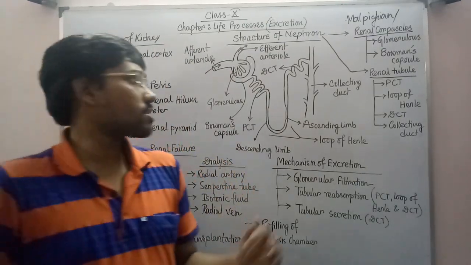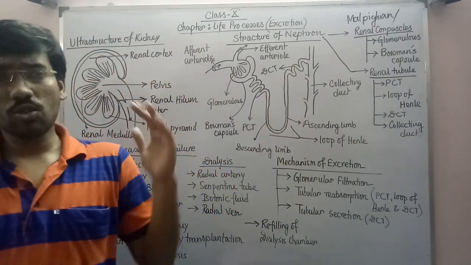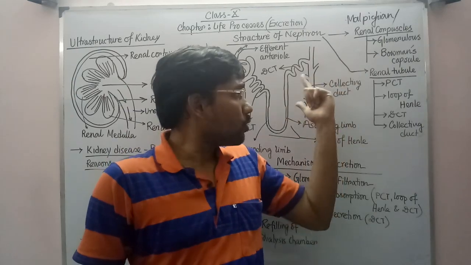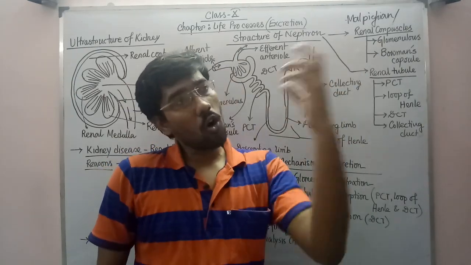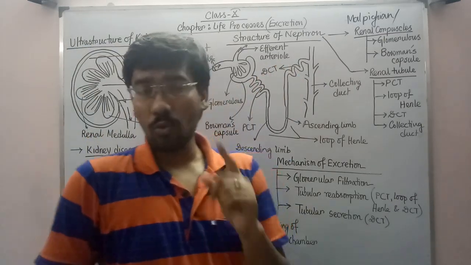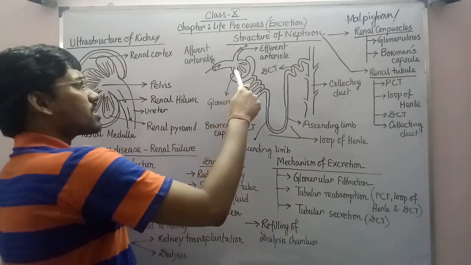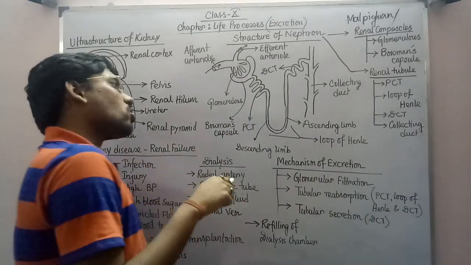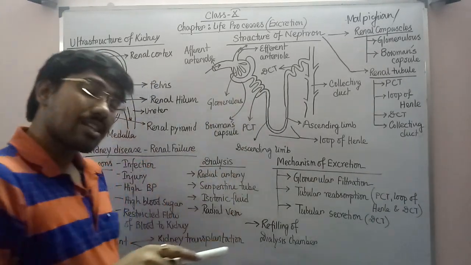Those are toxic substances, so those are releasing in the DCT region. When they are released in the DCT region, then before entering the collecting duct, the urine is getting all the toxic substances from the DCT. So we have understood one thing: all the toxic substances are not only coming in the Bowman's capsule region, with the toxic substances so many essential substances were there also.